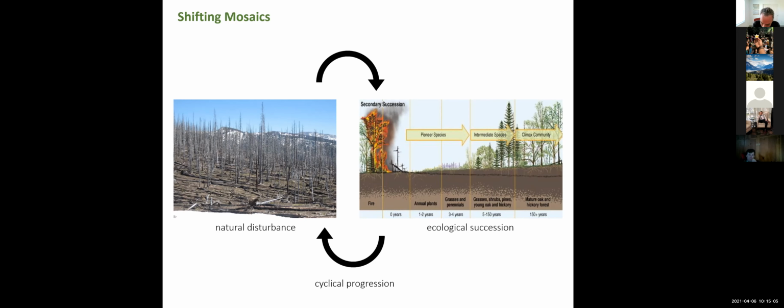And this is something that defines particularly Western landscapes where fire is a prevalent determinant of landscape patterns. So you'll have fire come in, it basically wipes out all of the species that are there. And then there are actually some species that are adapted to that fire cycle so that they can only germinate after there's been a fire. There are some species that will not germinate until the seed coat has been broken down by the heat of the fire, and then they can germinate, and those are the first species that begin to take over that landscape that's been denuded of vegetation.